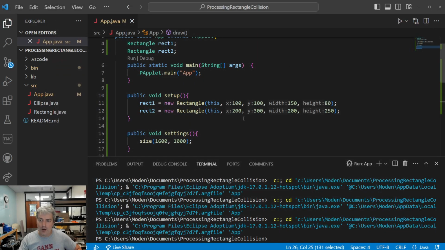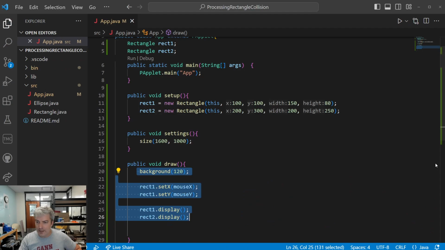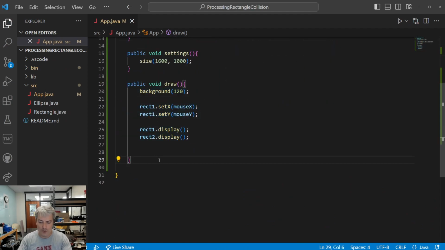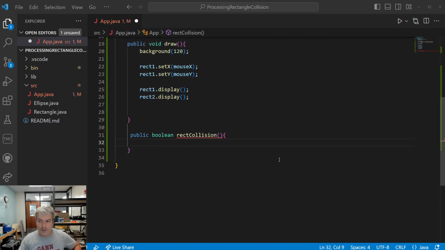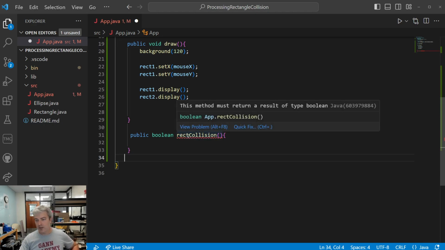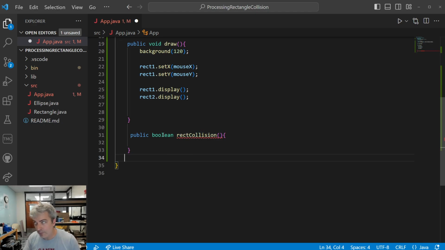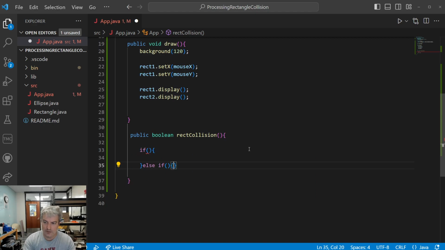Okay. All right, so our next step is going to be checking for collisions. So let's do that. I wrote my method here called rect collision, and same as our ellipse, we're going to return a Boolean value to see whether they are actually colliding or not. What I'm going to do here is a series of ifs and else ifs. So I'm going to say if, else if,